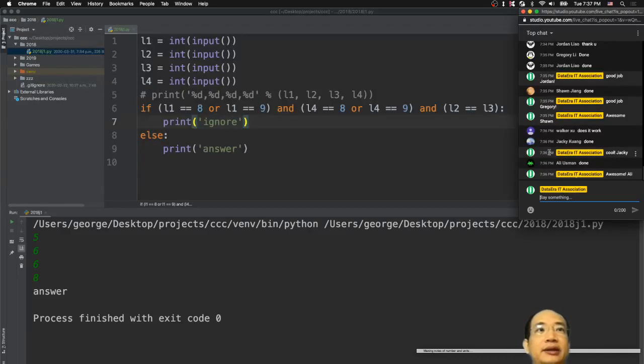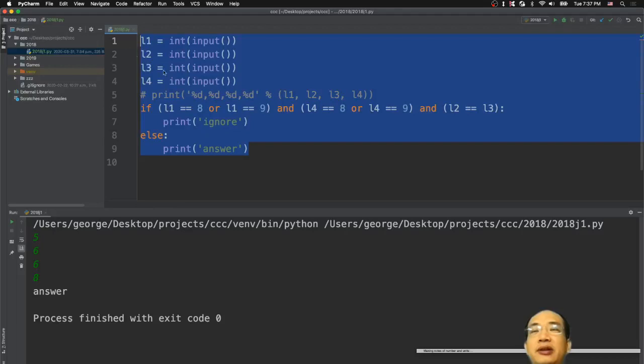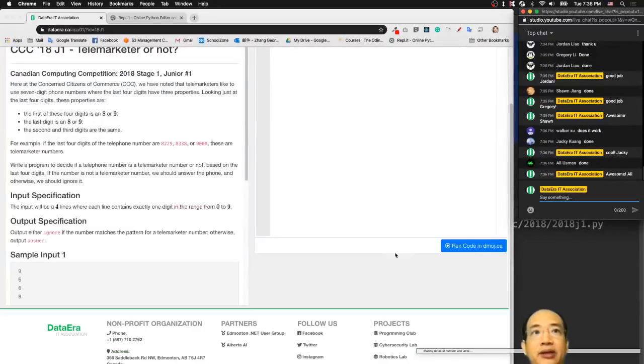All right, so I think you all finished the code. So I just want you to copy all of it. Highlight everything and press Control C, or on a Mac, Command C. And what I want you to do is go back to this page, and there's a blue button over here. You click on the Run Code in